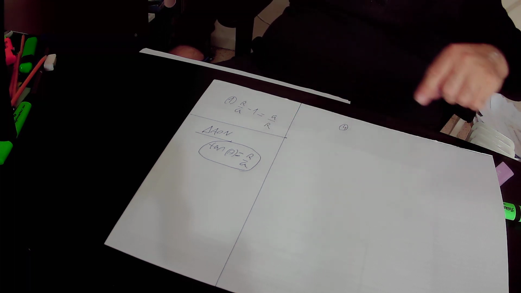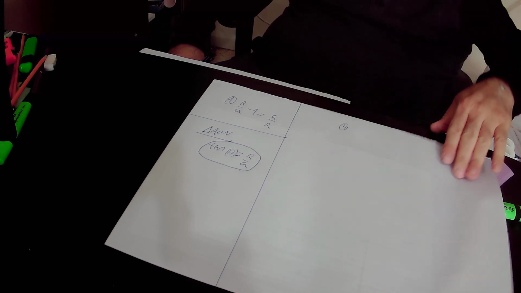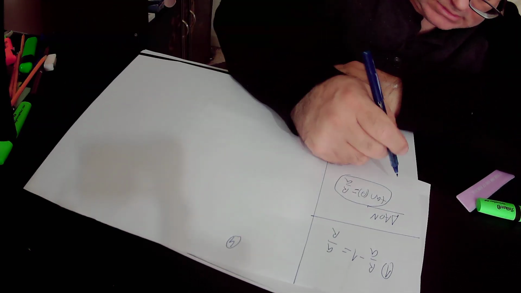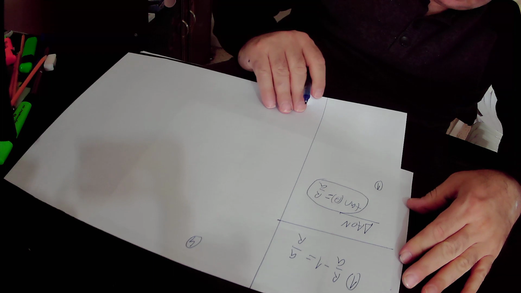We'll do it now. We'll substitute R over A in equation number 1 by tangent theta, and we'll get that according to equation number 1, R over A is tangent theta,